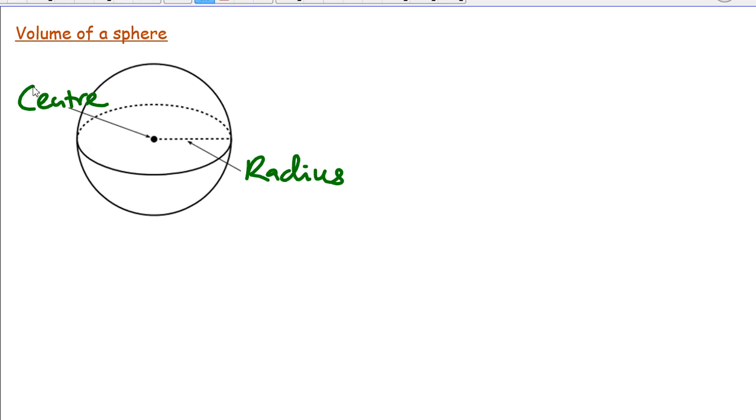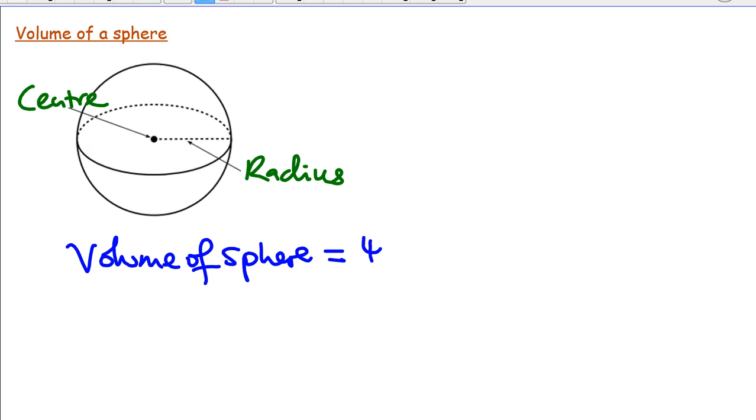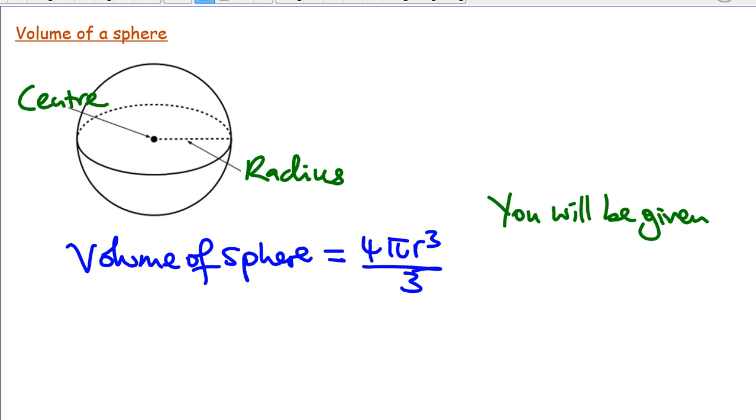Now, the volume of the sphere will be given in your exams or tests, so you don't have to cram it, you just need to know how to use it. And the formula for volume of a sphere is 4 pi r cubed divided by 3. So remember, you will be given this formula